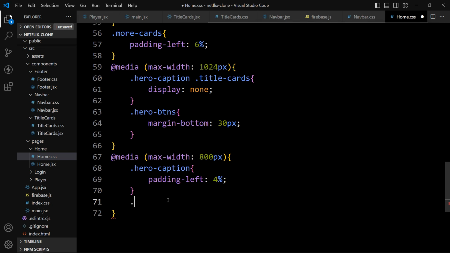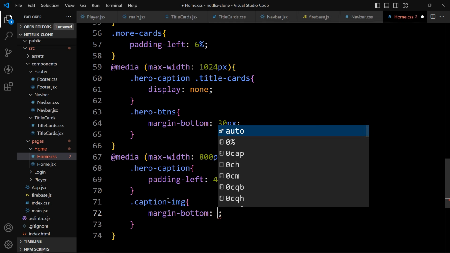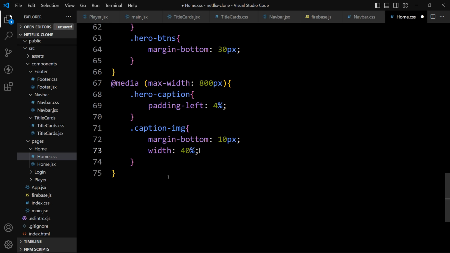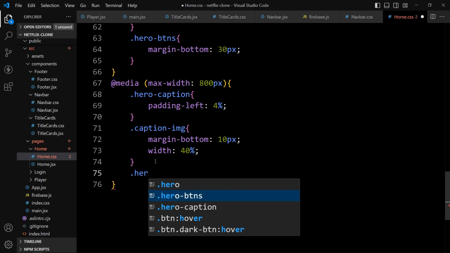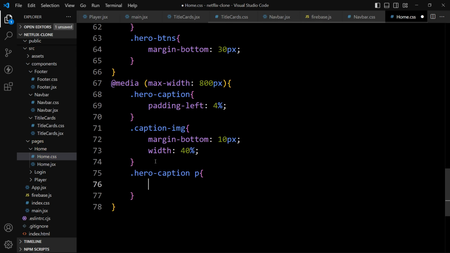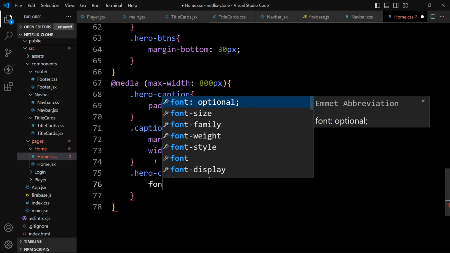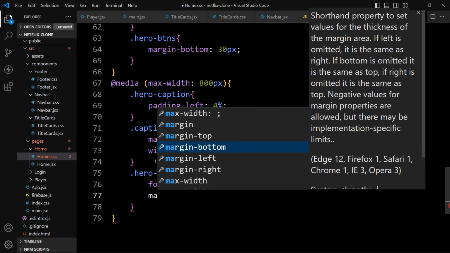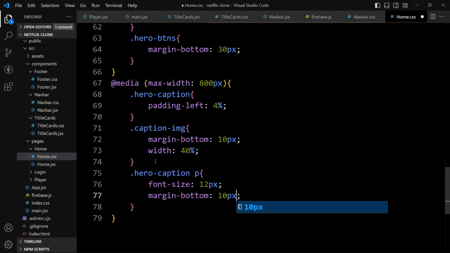After that we will add caption image, and for this one we will add margin from the bottom 10 pixel, and width will be 40%. After that we will add hero caption and p tag. For this p we will add font size of 12 pixel, then margin from the bottom, that is 10 pixel.